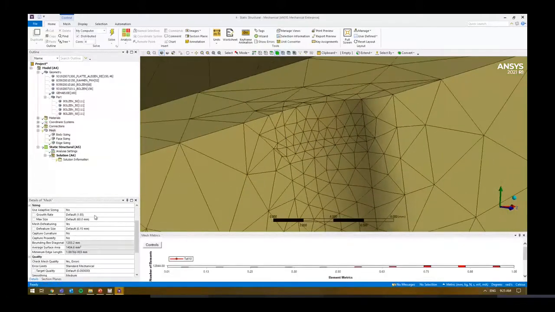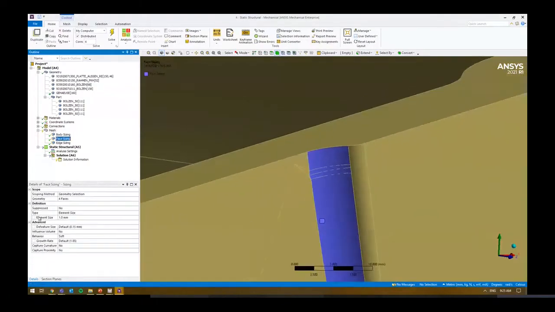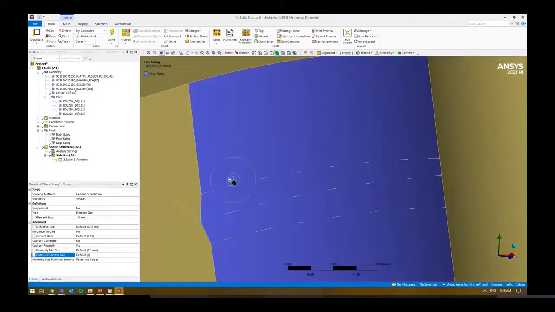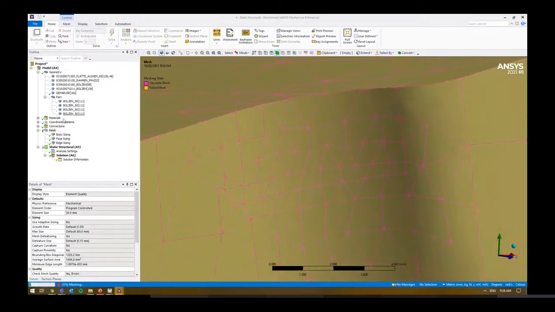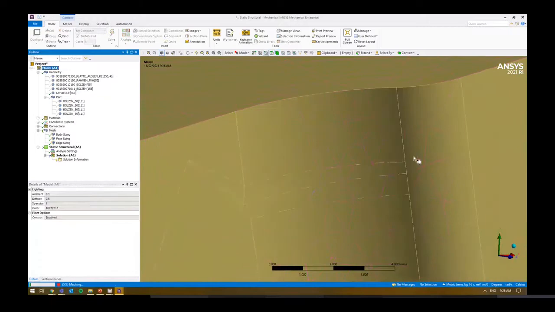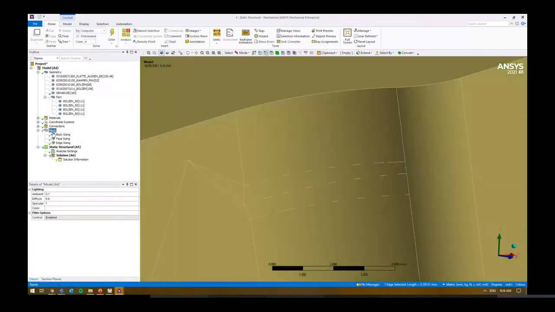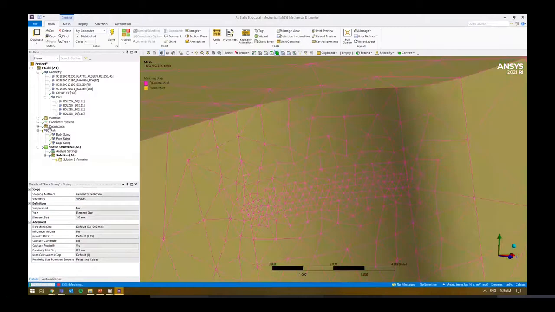added more elements. I've got global controls for curvature and proximity, but in the actual local sizings, I also have local controls as well. So I can specify, I want to pick up proximity around here, between this edge, and I want to put 3 elements across there, right? So it will put 3 elements across this edge, depending on how many elements that we've got and what the sizing is. So the minimum size is around 0.3, so it's just going to put 1. So I might need to go in and select my face sizing, make this maybe 0.1 instead, and regenerate the